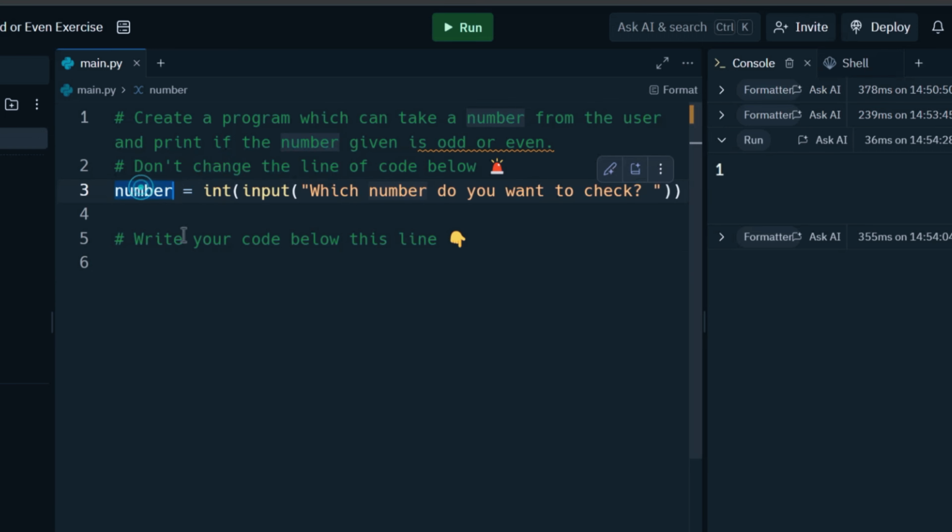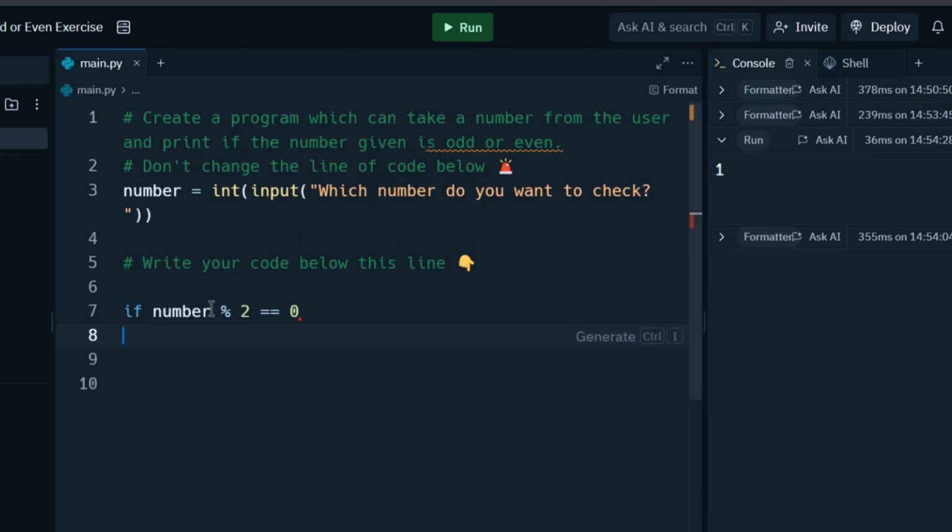First, you have to take the number from the user and then write an if statement. So we are going to check if the number given modulo 2 equals 0. What this line does is, first of all, we are doing an if statement and then we are taking our variable number and then we are using modulo 2. This will check if the number is even or not, because every even number is exactly divisible by 2. No remainders left. So if the number that we have is exactly divisible by 2 and the remainder is 0,